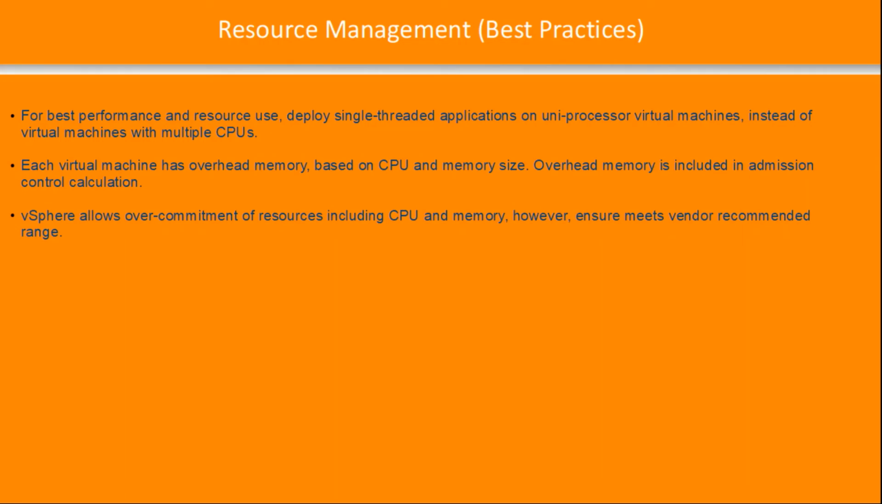For best performance and resource use, deploy single-threaded applications on single-processor virtual machines instead of virtual machines with multiple CPUs, as this causes the remaining CPUs to be underutilized. Each virtual machine has overhead memory, which is based on CPU and memory size. Overhead memory is included in the admission control calculation, so it's important to keep an eye on it and allow for the overhead size